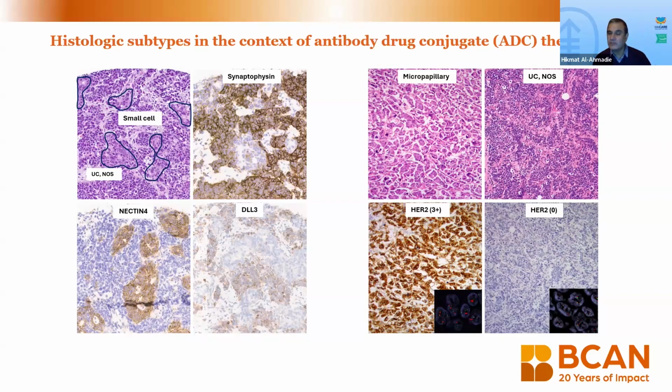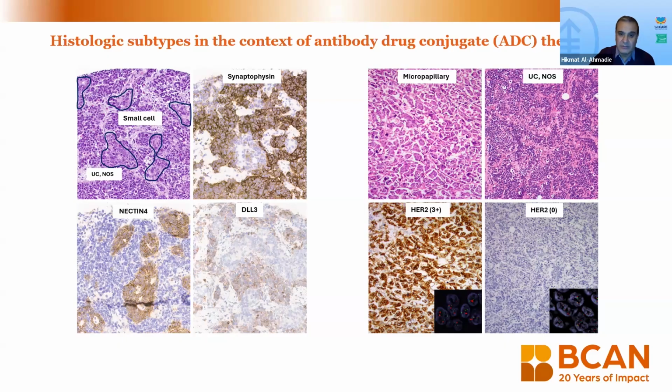So there are some nuances to them. It's important to be aware that a histologic subtype may negatively impact a treatment selection, but some of them may give you another opportunity, another target that can be used or taken advantage of to address these tumors. So there are some disadvantages, but there are some opportunities. So always keep that in mind, that it's not always a negative finding when there is a histologic subtype